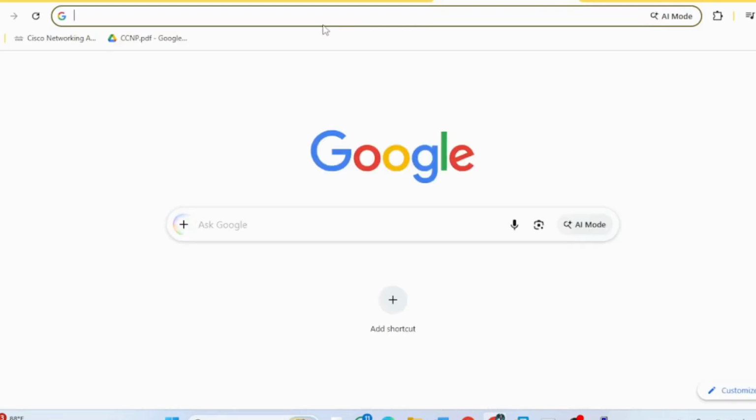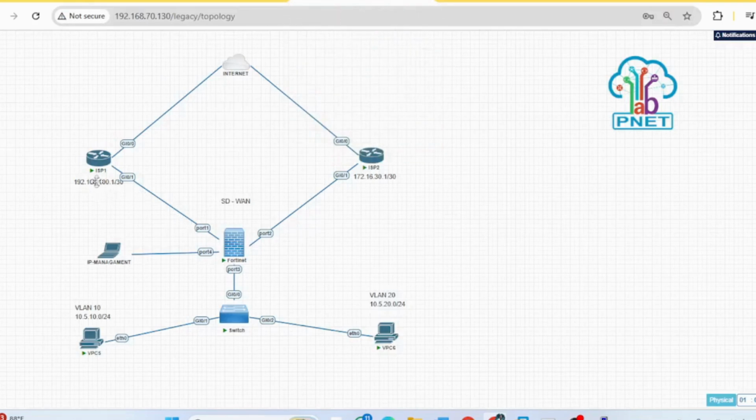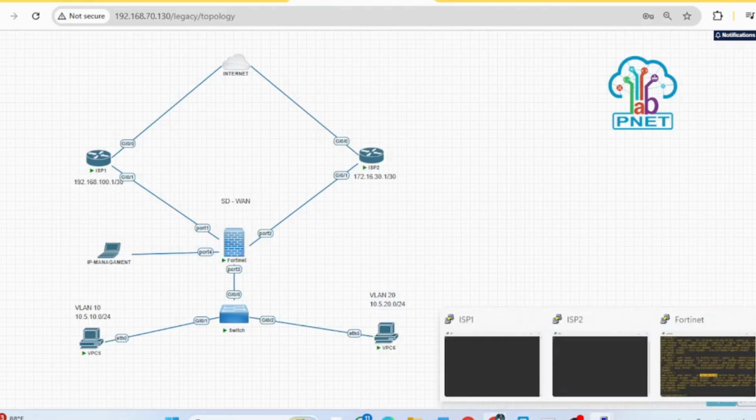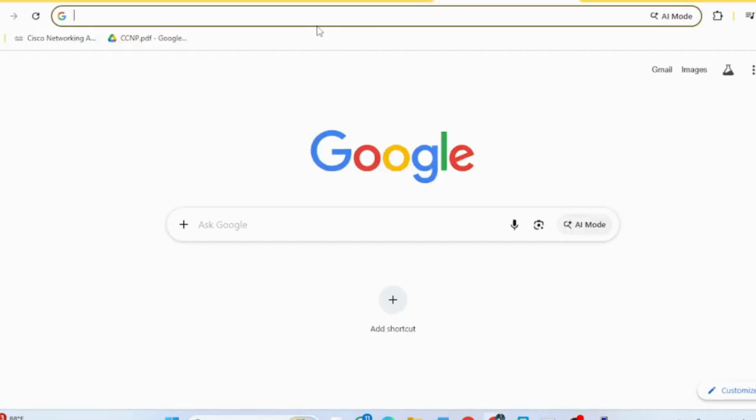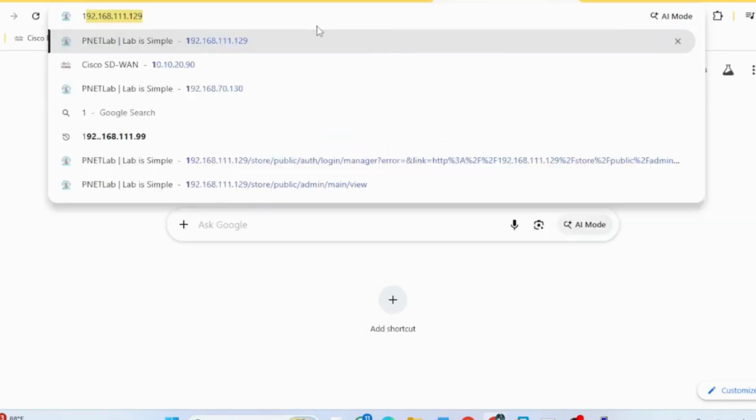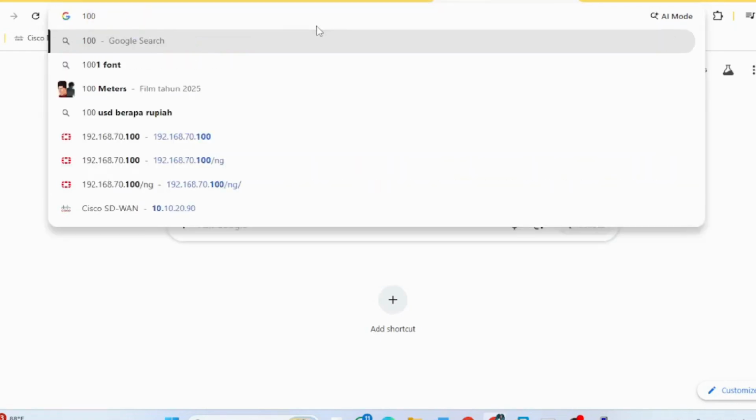Here you can just use the IP for the IP management to open the Fortinet VM. It was for this laptop.